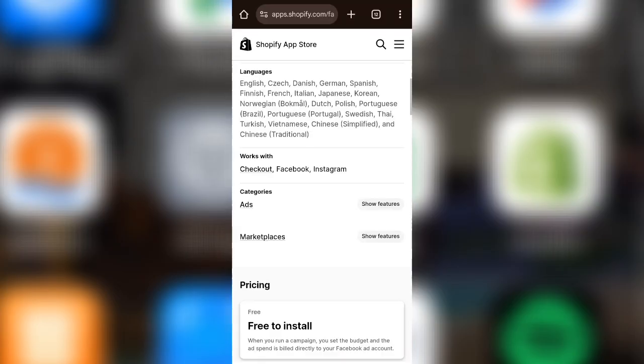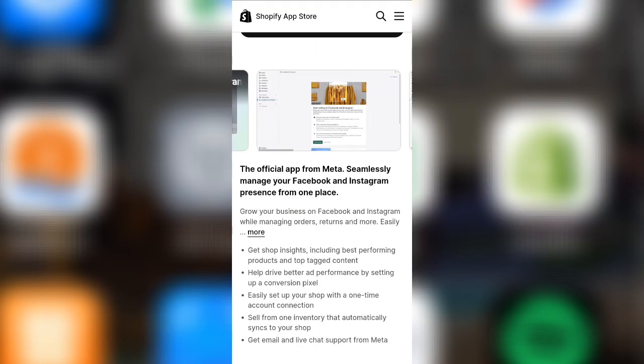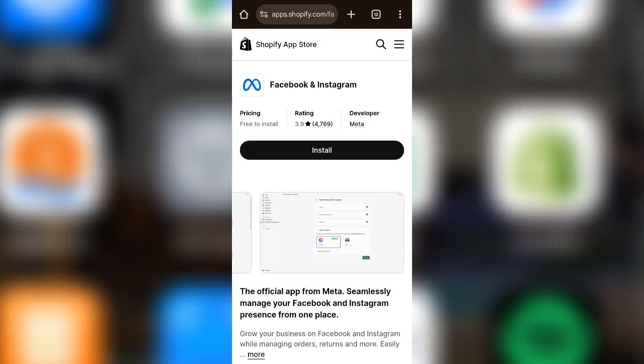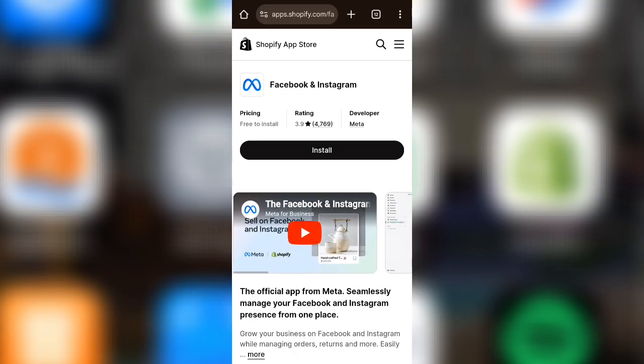You may be prompted to authorize the app to access parts of your Shopify store. Review the permissions, then tap Install again to confirm. The app will now be added to your store, and you can manage or configure it from the app section